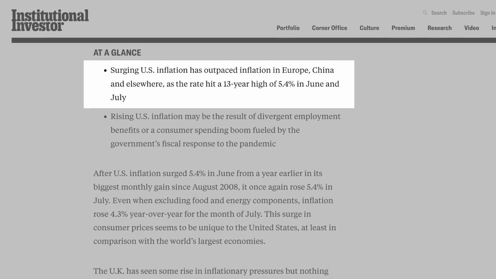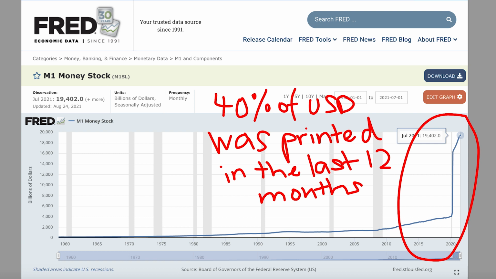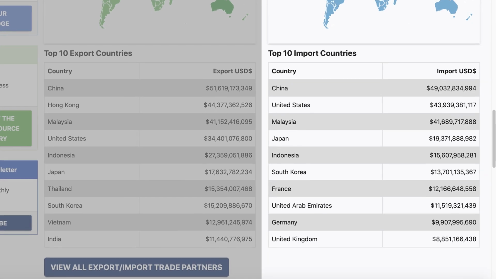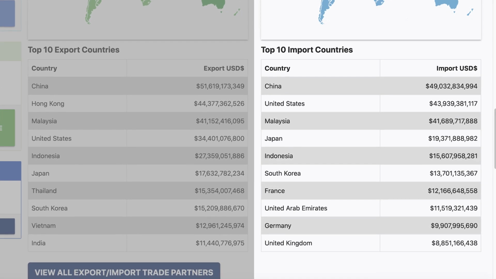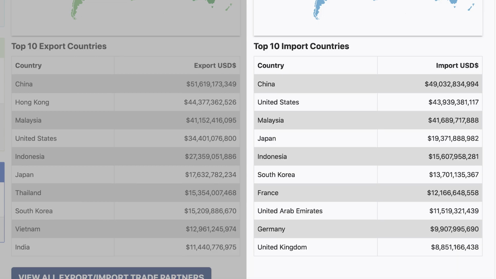Ever since the coconut pandemic happened, countries like China and the US have been printing money like crazy. You know, China and the US are the top two countries which Singapore imports the most from, so if the costs in those countries go up, naturally the cost in Singapore is going to go up as well. And I don't know if you guys know this, but the world is also experiencing some supply chain issue since the start of the coconut pandemic, and a lot of businesses thought it was going to improve, right? But no, it got worse this year.